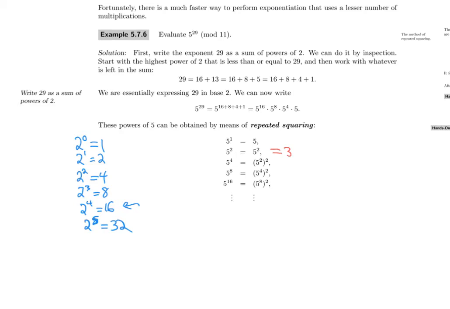Instead of starting over and saying, okay, what's 5 to the fourth, let me multiply 5 with itself 4 times, I can just take my answer for 5 squared, which is 3, and I can square that. So what would that be? This is the same as saying 3 squared. Remember, this is the mod 11 world. 3 squared is 9 mod 11. I know my equal signs are very informal right now, but it's okay. Let's go with it. 5 to the 8th will be the square of whatever we got for 5 to the 4th. So this will be 9 squared,